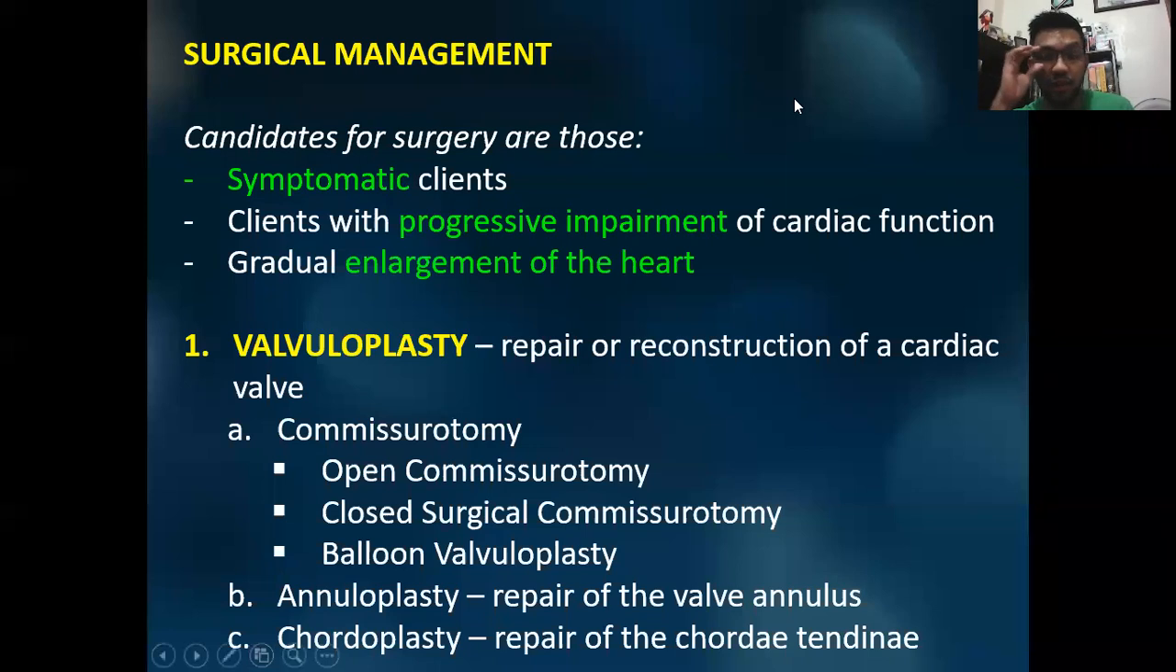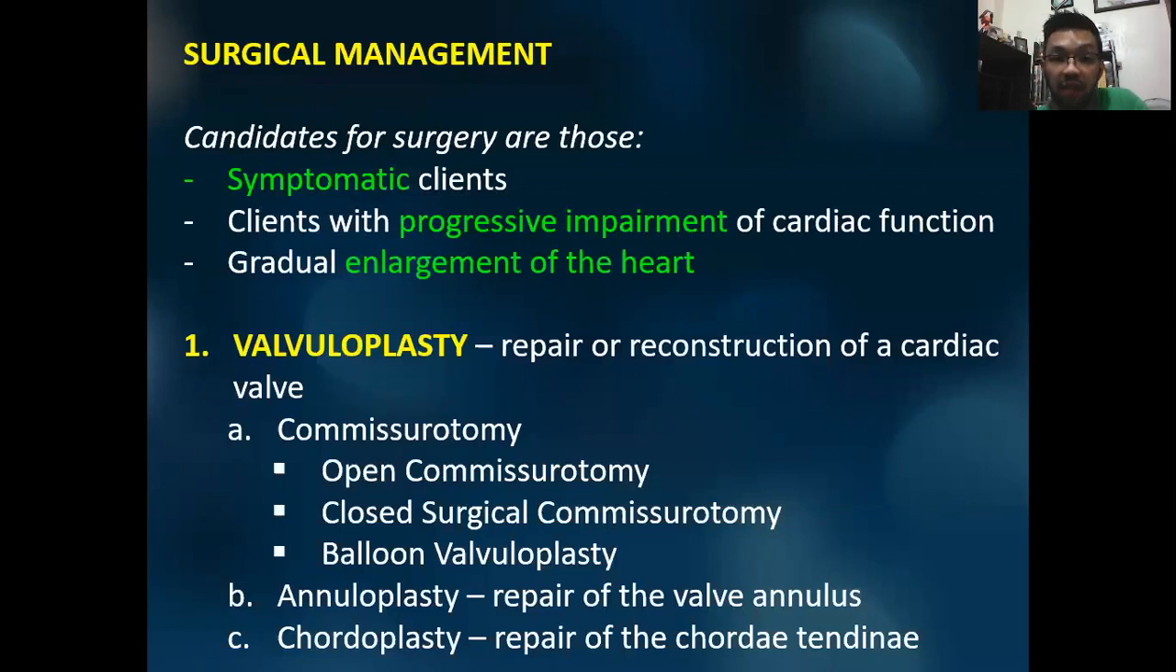For surgical management, candidates for surgery are those who are symptomatic or those with progressive impairment of cardiac functioning. So if their condition is further worsening, they need surgical management. And there's also gradual enlargement of the heart, most especially if the patient is experiencing left-sided or right-sided hypertrophy. One of the management that the surgeon is going to do is valvuloplasty, repair or reconstruction